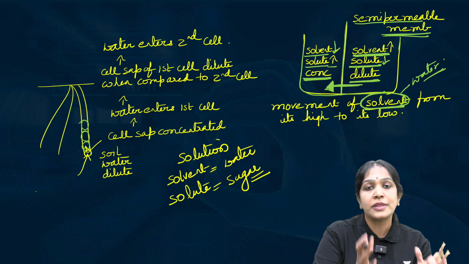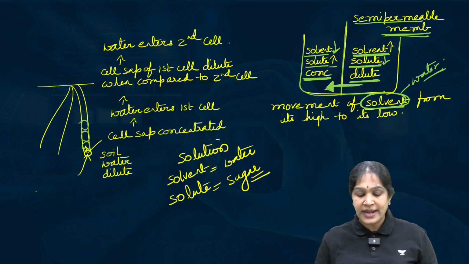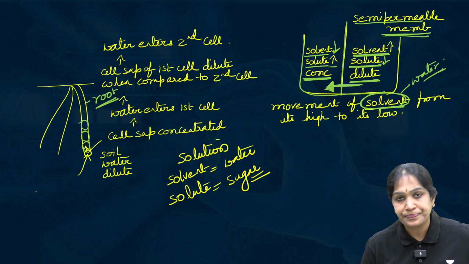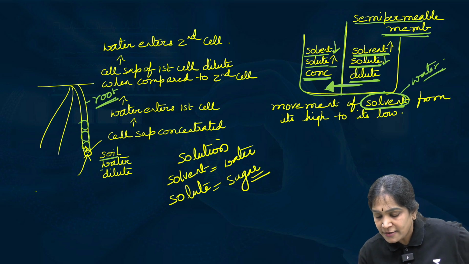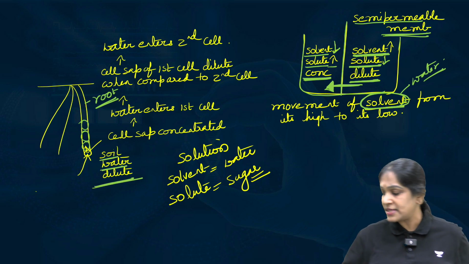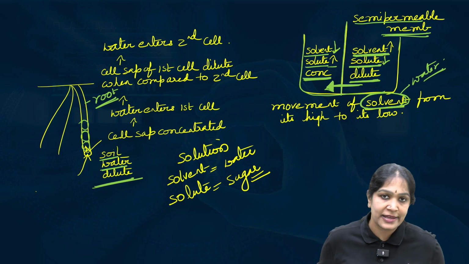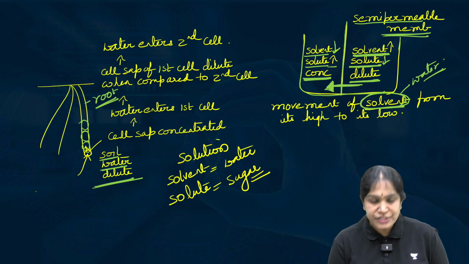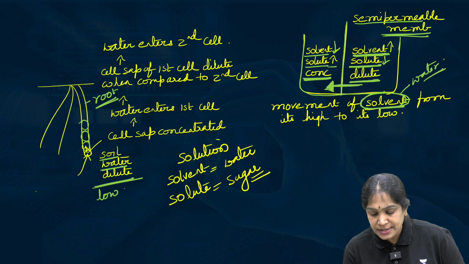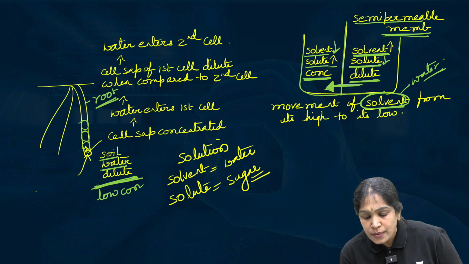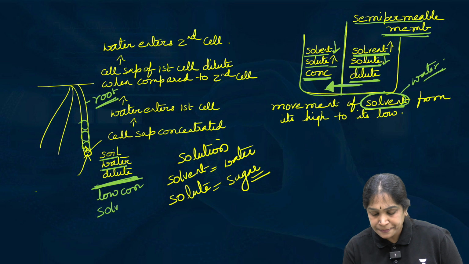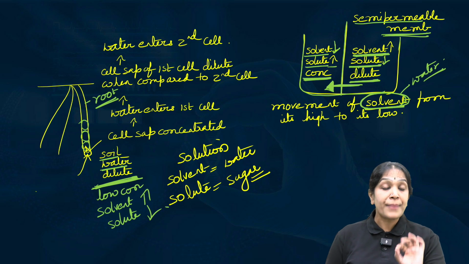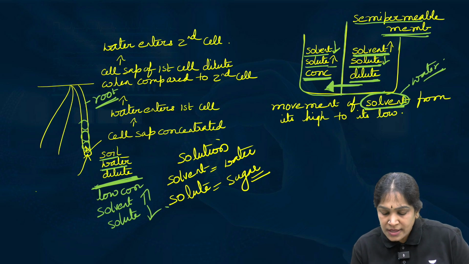Now let us see how the plant will absorb the water. Look here. This is the root, and this is the soil water. Soil water means the water which is present in the soil. And this soil water has low concentration. Low concentration means what? It is a dilute solution, meaning solvent high, solute low, compared to a cell in the